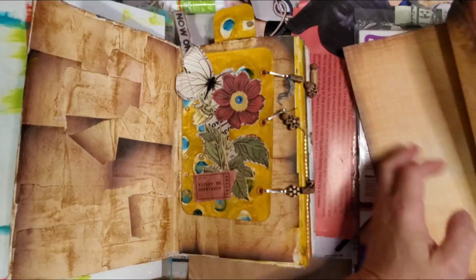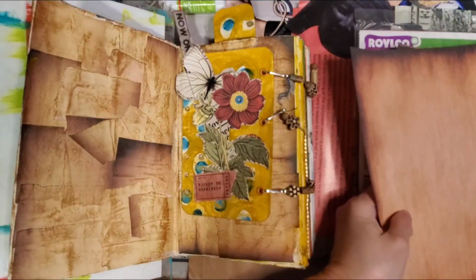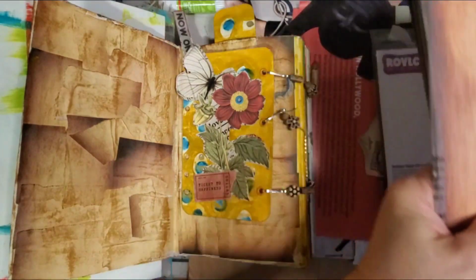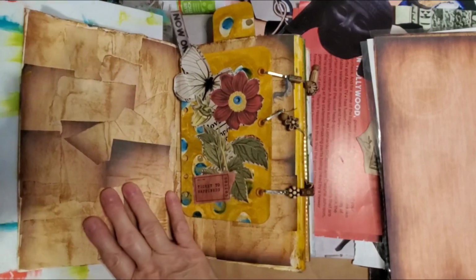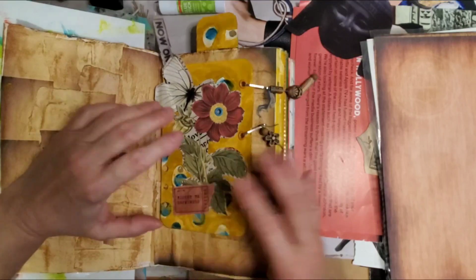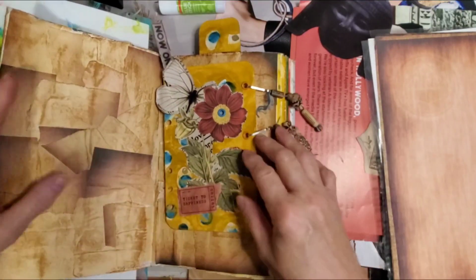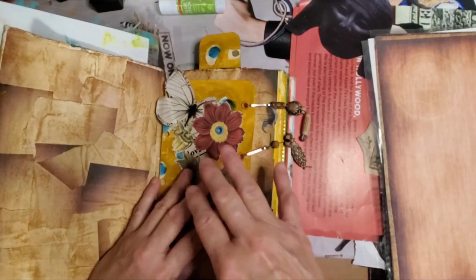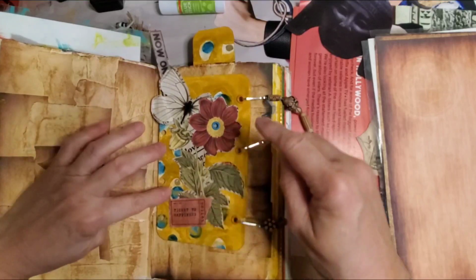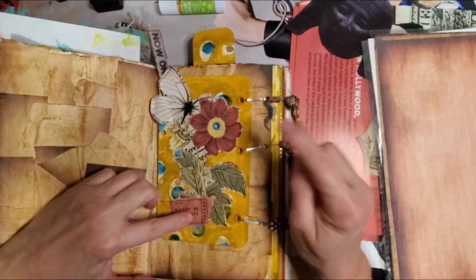And let's see, I'll show you that one. Okay. So that's that. So I just tore it up in a bunch of strips and put that in the background. And then I wanted to make another tag that somehow moved. I want to make this one move instead of peel it off. And so I made the tag, and it was in a book to start with. So that's why it has the holes. And so I put holes over here to put the danglies on. But one drawback to the danglies,